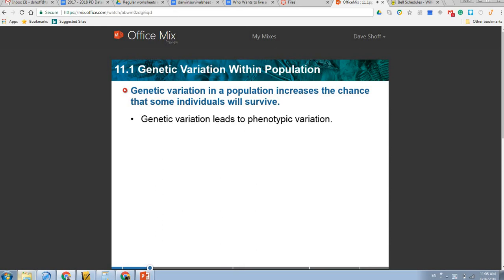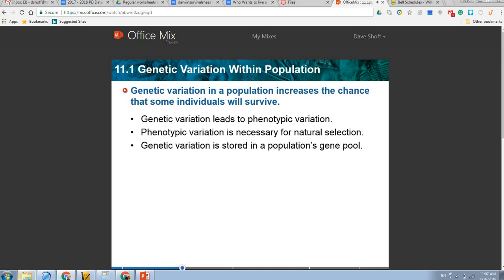So again, those words end up meaning that any variety that you have in a population, you're going to see as traits in that population. So phenotypic variation is necessary for natural selection to occur. If you didn't have any variation in a population, you'd not be able to have organisms survive if anything in their environment changed. So genetic variation is stored in a population's gene pool, and a gene pool is all of